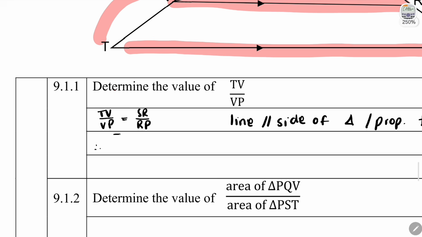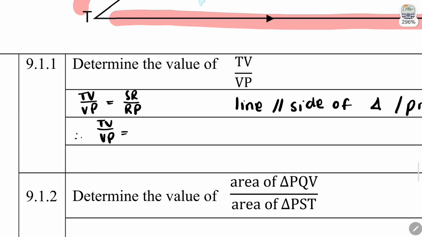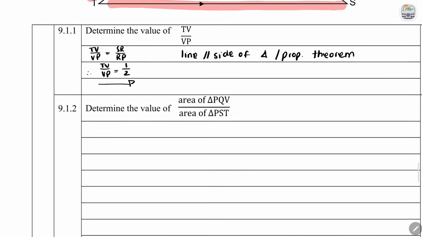And so therefore, TV over VP is equal to, now you see how that's A, and then that adds up to 2A. If you said A over 2A, what does that simplify to? It's going to simplify to, when the A's cancel, it's just going to be 1 over 2. So that's exactly what this is equal to. Its ratio is 1 over 2. And that is our answer, and that is our reason. And moving on to